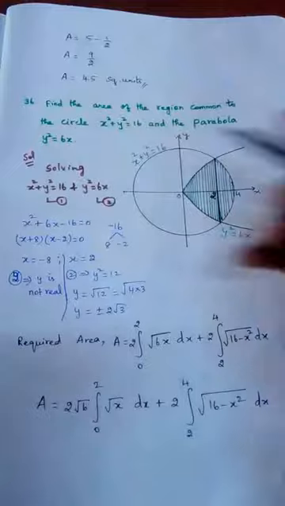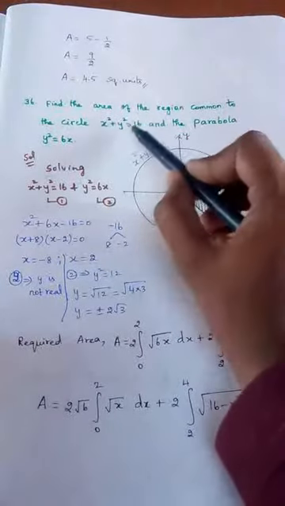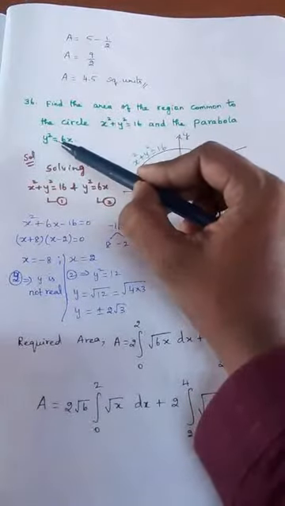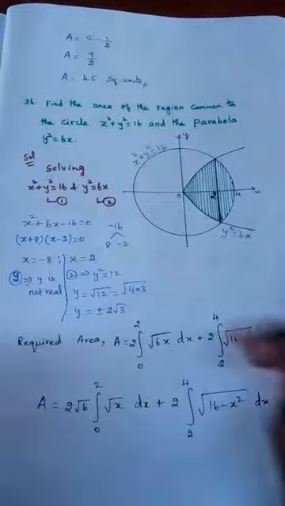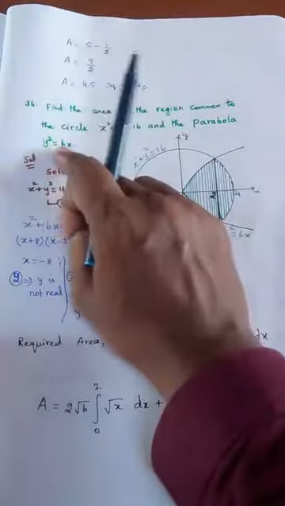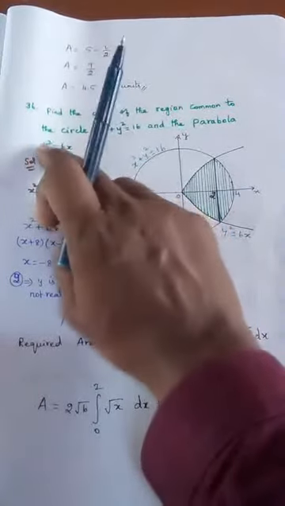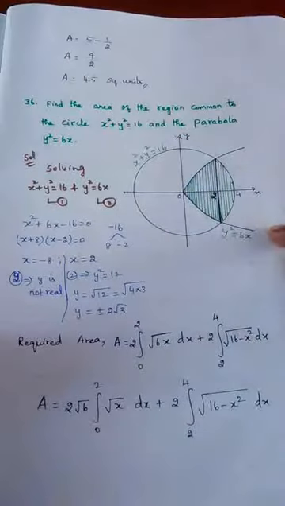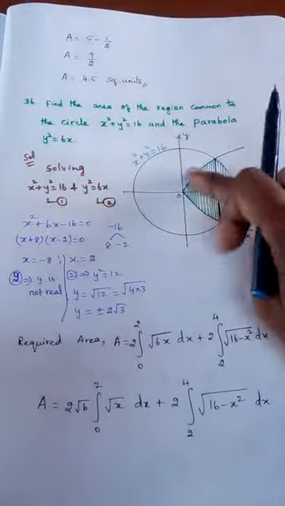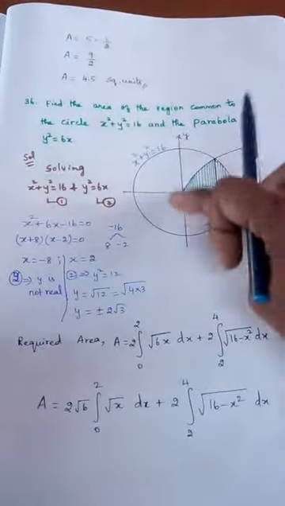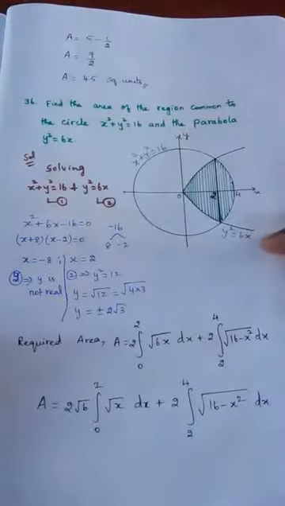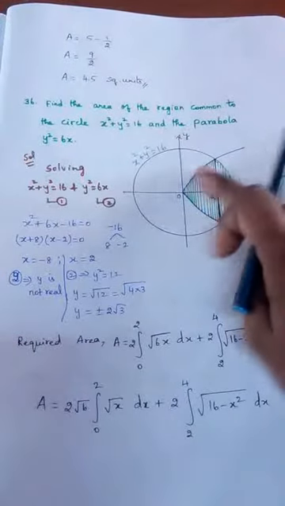Problem number 36. Find the area of the region common to the circle and the parabola. So here it is given, one is a circle, the other one is a parabola. Find the area in between them. So first draw the x-axis and y-axis. Since it is a circle, draw one circle. This is the parabola, clearly it is y square equal to 4ax, that model. So I have drawn an open rightward parabola. So definitely the green shade is nothing but the region between the circle and the parabola. The area present inside them is this shaded part.